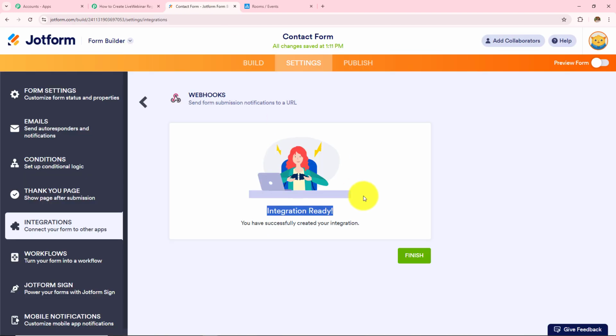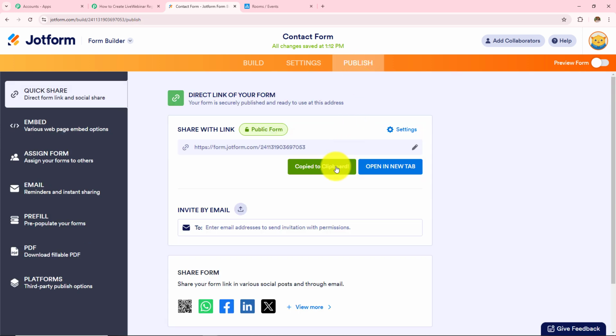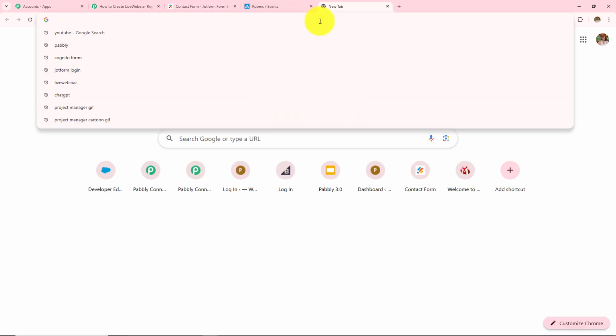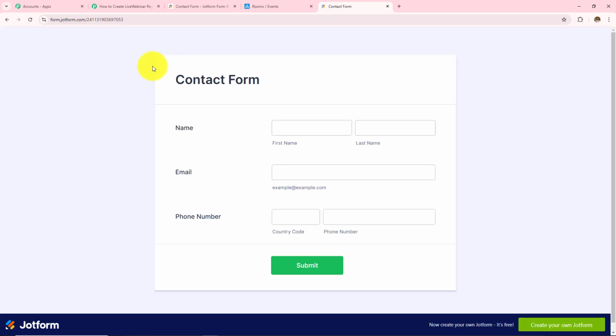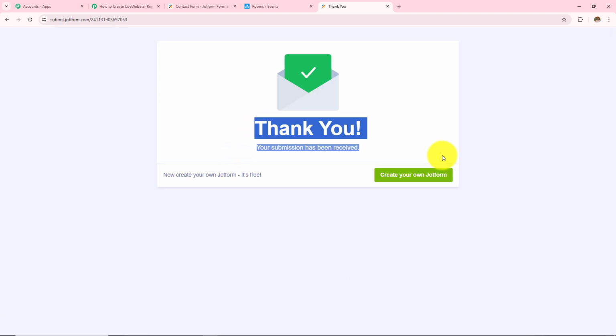So here I am going to open my form, and to open this I have to click on publish, and then copy the link to the form and open that link in a new tab. And here this form has opened. Now I am going to fill some dummy details in all these fields. So let's say my first name is new, my last name is user, my email address is new444@pabblytudes.com, then my phone number is this one, and after filling all the details I have to submit this form. And here I have successfully made the form submission.